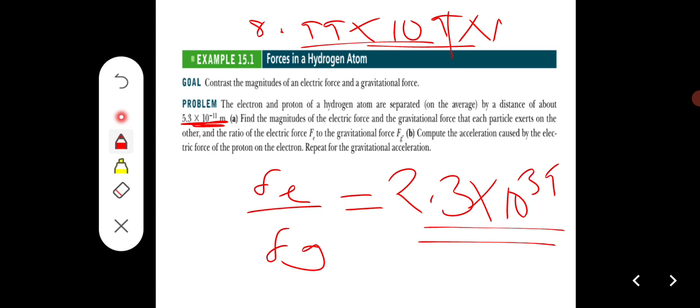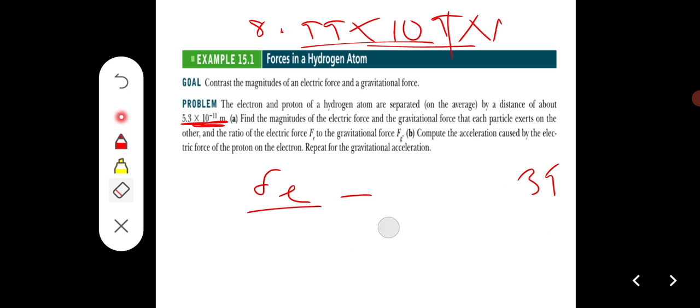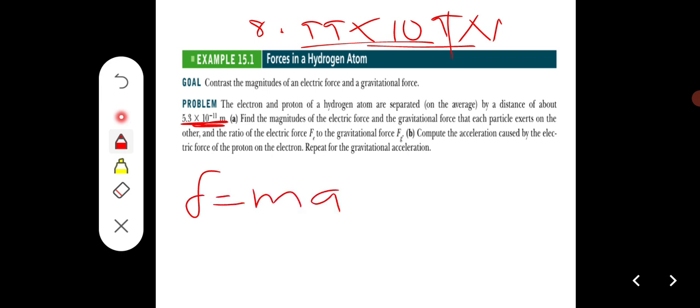Then for the acceleration, simply use the formula force equals mass times acceleration. Here they want us to compute the acceleration caused by the electric force of the proton on the electron. So they want us to calculate the acceleration of what? Proton. So you take the mass of a proton